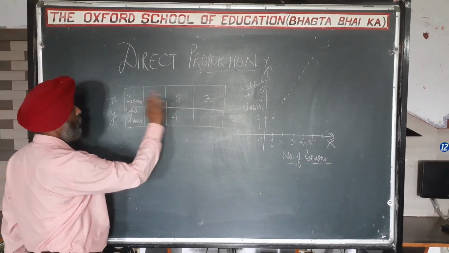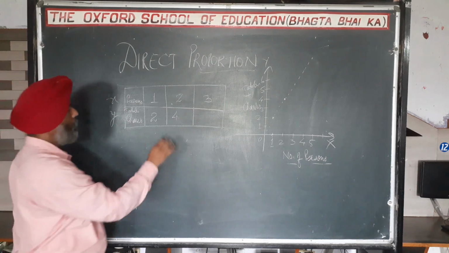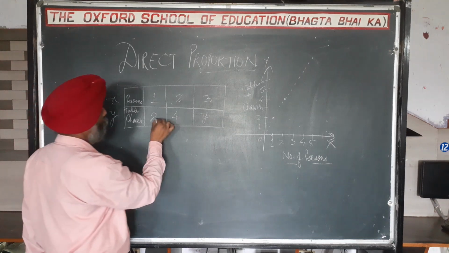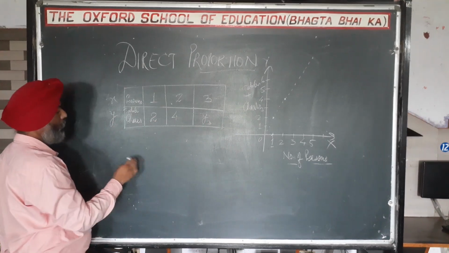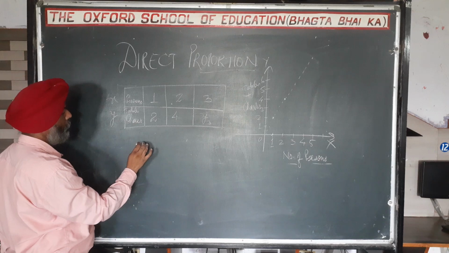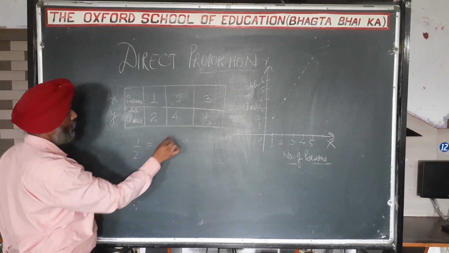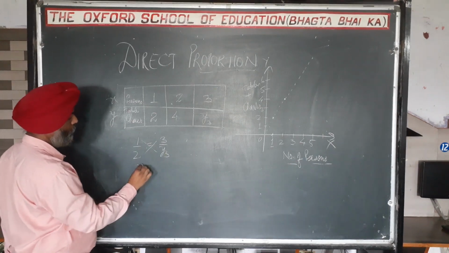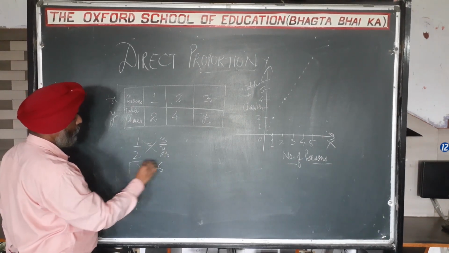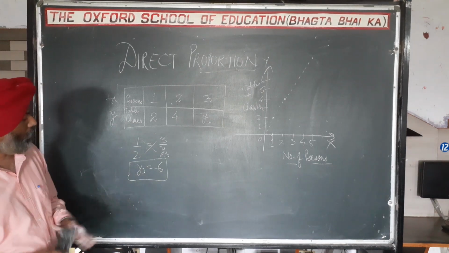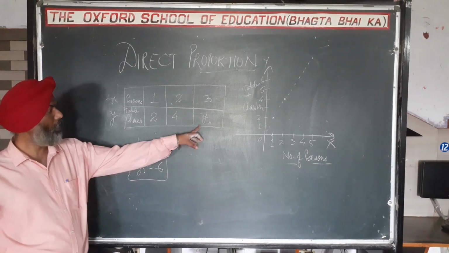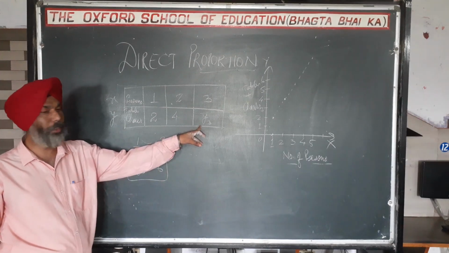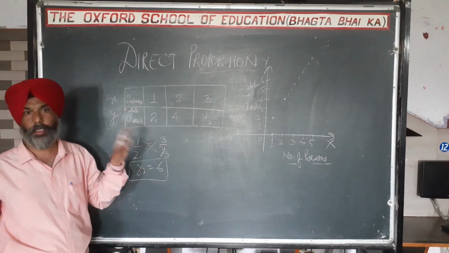Something is not given to us here, so according to the statement of the question, let me suppose it as y, because y is already supposed as the second variable. So y1, y2 and y3, and with the help of the same formula, what was the formula? The formula was that the ratio is always equal. By cross multiplying them, I obtain my answer. So you can tell them, okay, students, the missing frequency, the missing number, was 6 here. 6 will be entered here, by using that same formula.